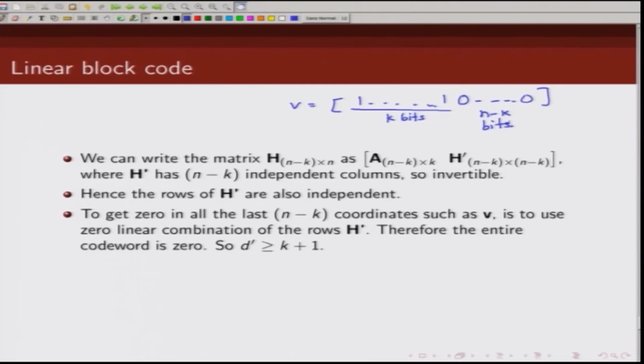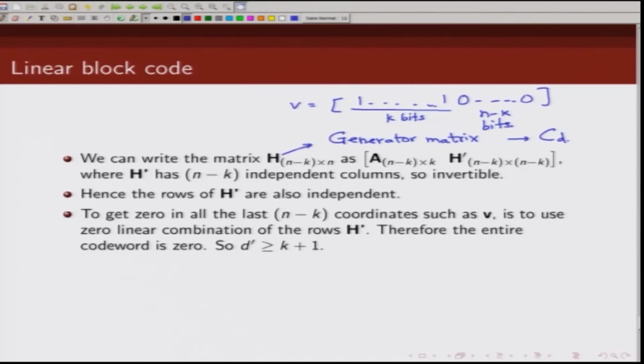Now, this H matrix is a generator matrix for the dual code C D. So, if we have to generate a code word like this from this generator matrix, we will have to use